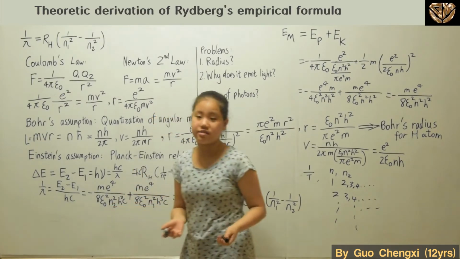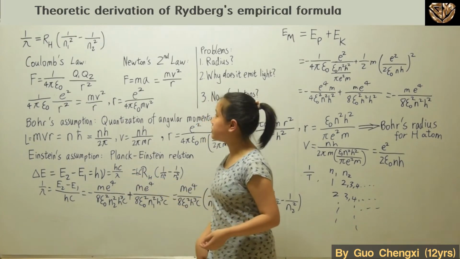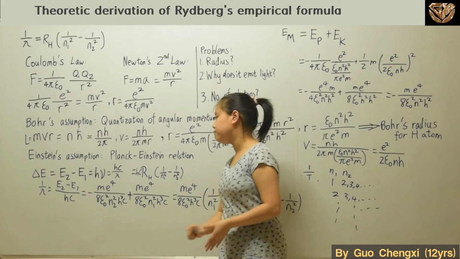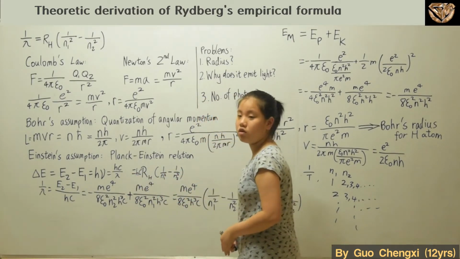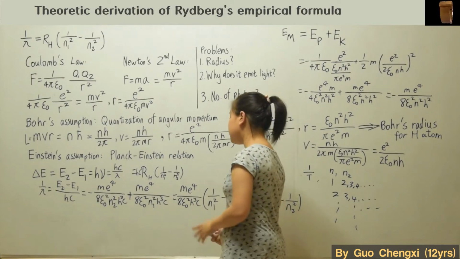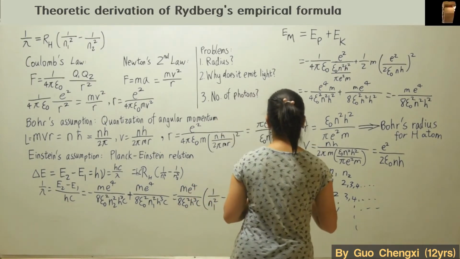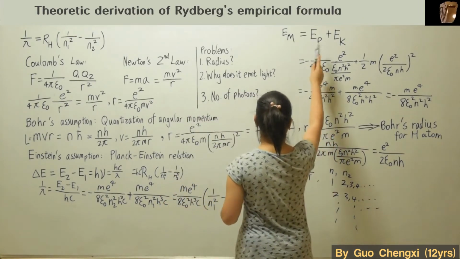It's basically like this, okay? Because as you can see, 1 over lambda is Rydberg's empirical formula, and if you sub it in, you can just get this, okay? Now over here for this part, we also have EM being the mechanical energy, which is potential energy and